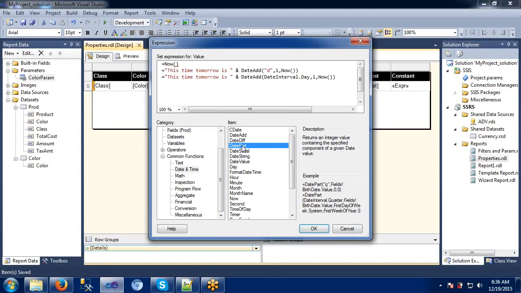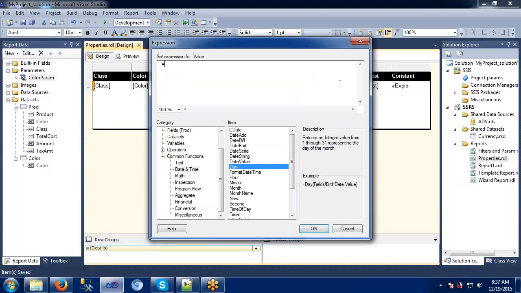Let's say I have the complete year, month and date, right? In that I want only the day, then we can use date part. Date string, date value, day. I just want to get only the day from that particular field. Let's try to use this one, day from.